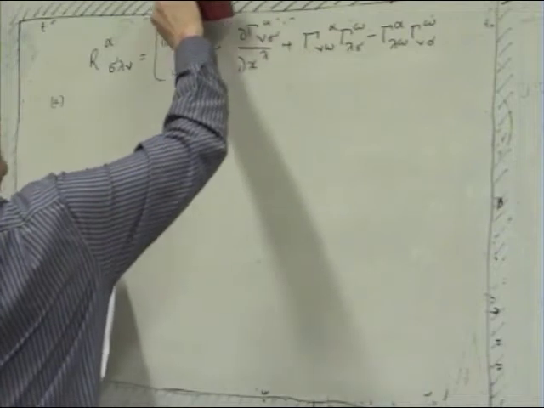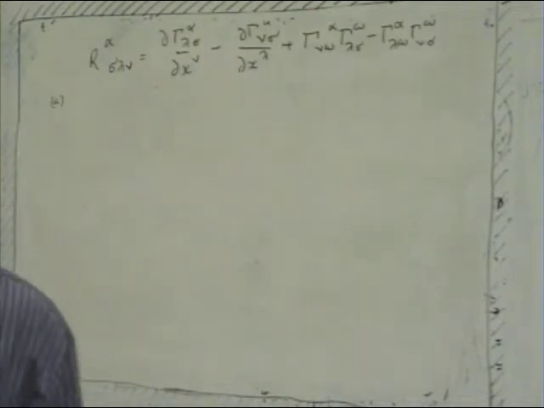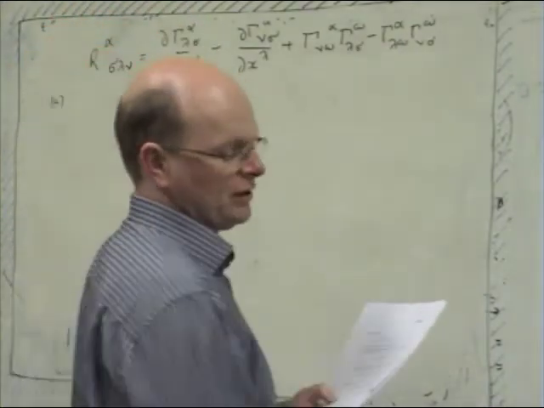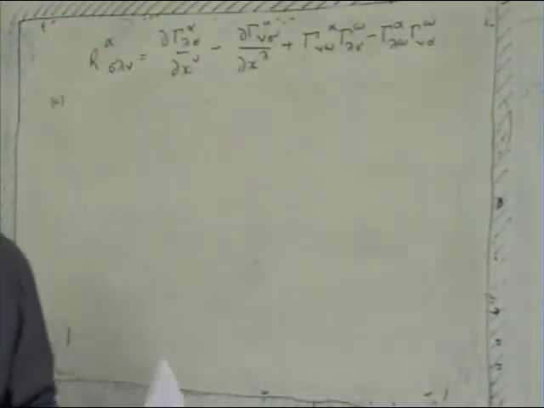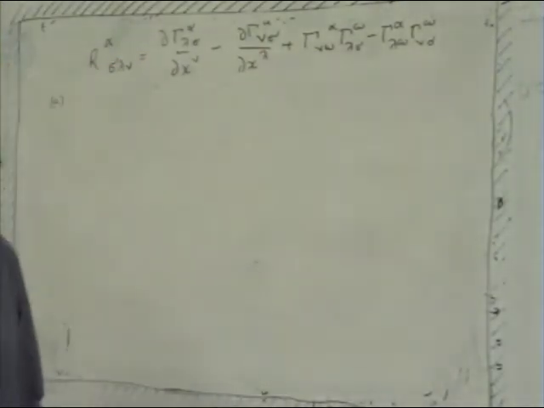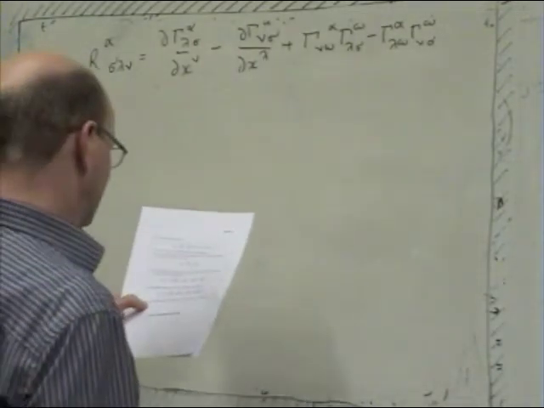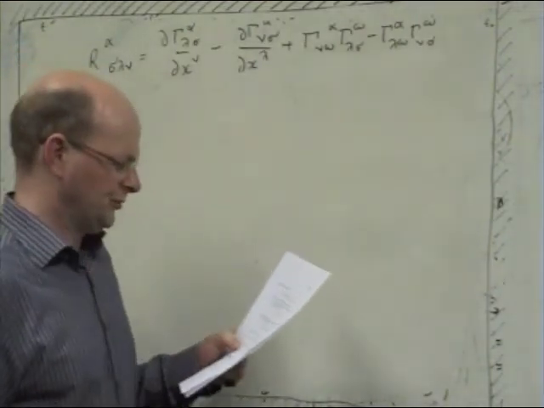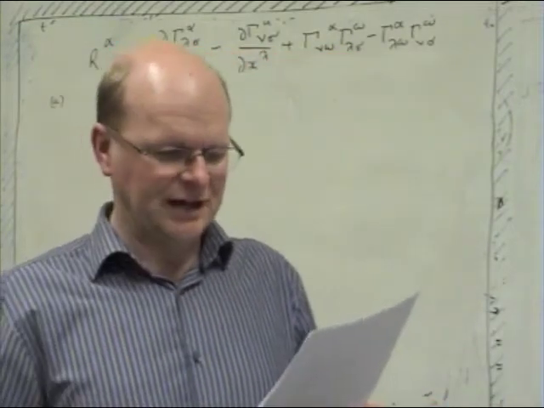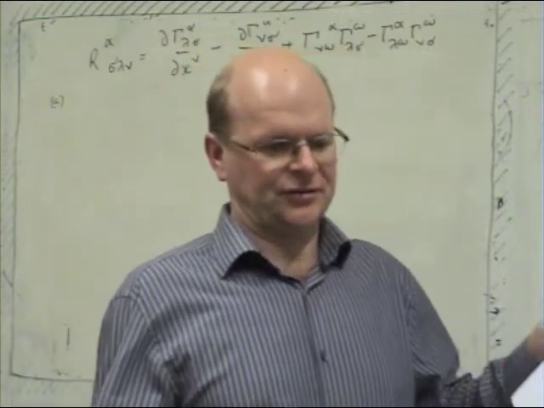So the next part says, show that in a freely falling, locally inertial frame, and all that means when I say it is that locally, up to corrections of order displacement squared, the metric is minus 1, 1, 1, 1. Okay? So if that's true, so locally inertial frame, the first derivatives of the metric coefficients are all zero. So I give you the important piece of information, which I was just about to say, is that if you take d by dx anything of g mu nu, you get naught